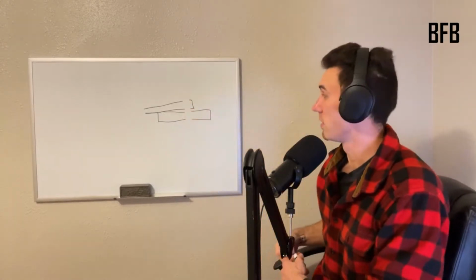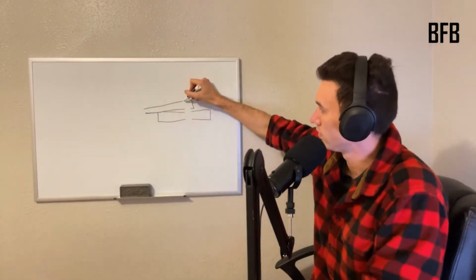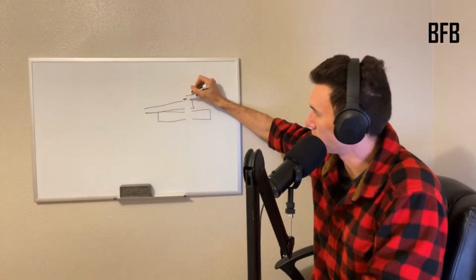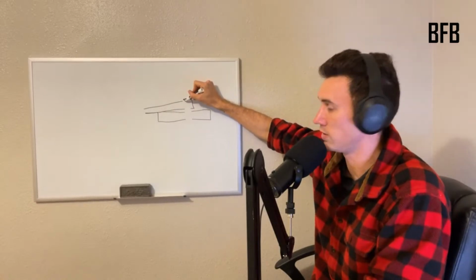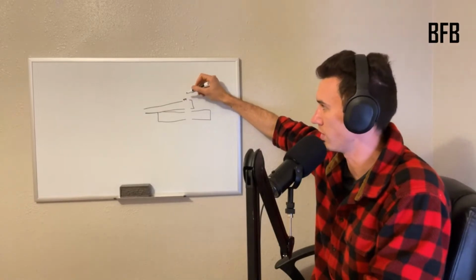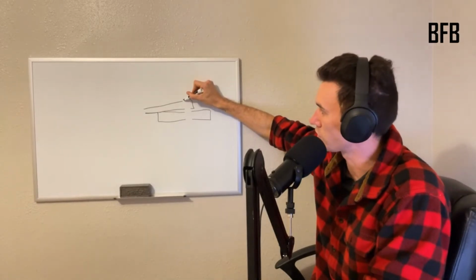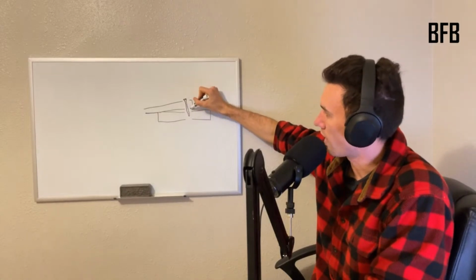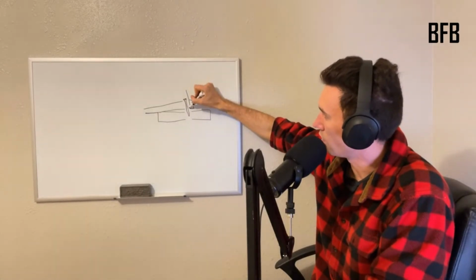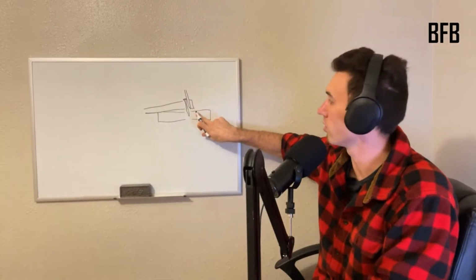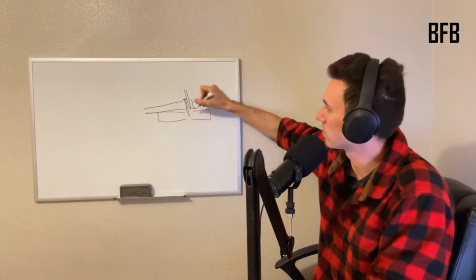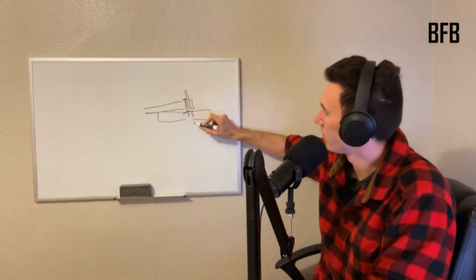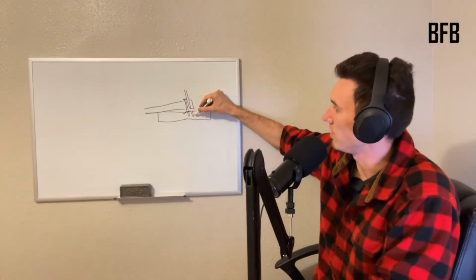So what you can do is you get the screw to go in most of the way, and you do not let the head of the screw get into this top piece of wood. You don't let it press into the wood. You save that for later. So you put the screw in basically up to that point, and then you back the screw all the way out until it's not touching this member anymore. And then what happens is, when you go to put that screw back in, what you've done is you've basically made a little hole